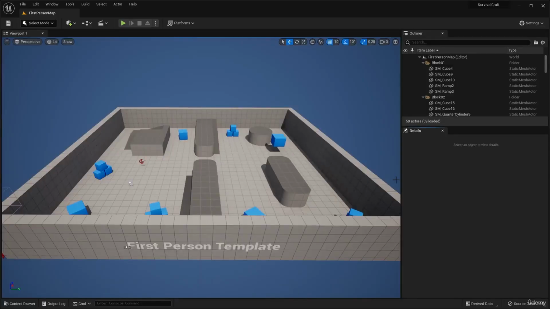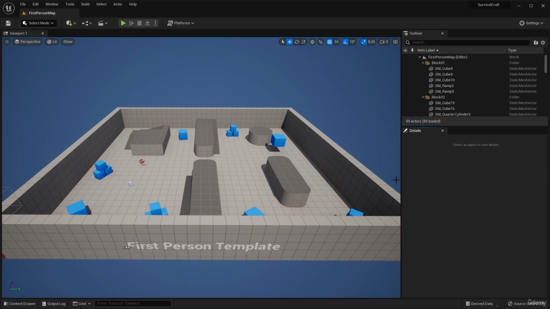Alright, welcome back. In this lecture, we will be covering the blueprint editor, as well as explaining what blueprints are and how we're going to utilize them throughout this course to develop our survival game. Blueprints are essentially nodes that you connect together, and it's a very visual way that you can script or program gameplay logic. So you don't have to type a single line of code. Instead, you just connect nodes together using little wires,